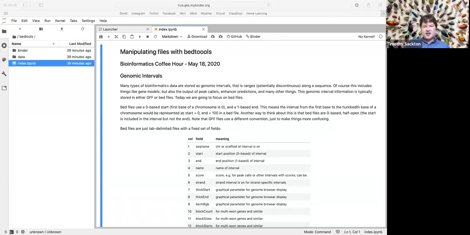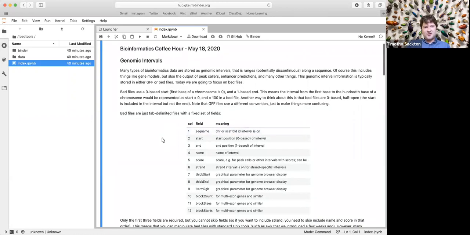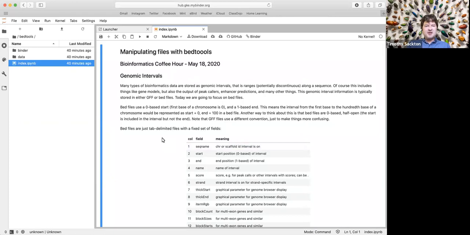So today we're going to talk about Bedtools, and we'll give you a brief demo on some of the uses of Bedtools to manipulate genomic intervals. And so what do I mean by this? There's a little introduction here on the